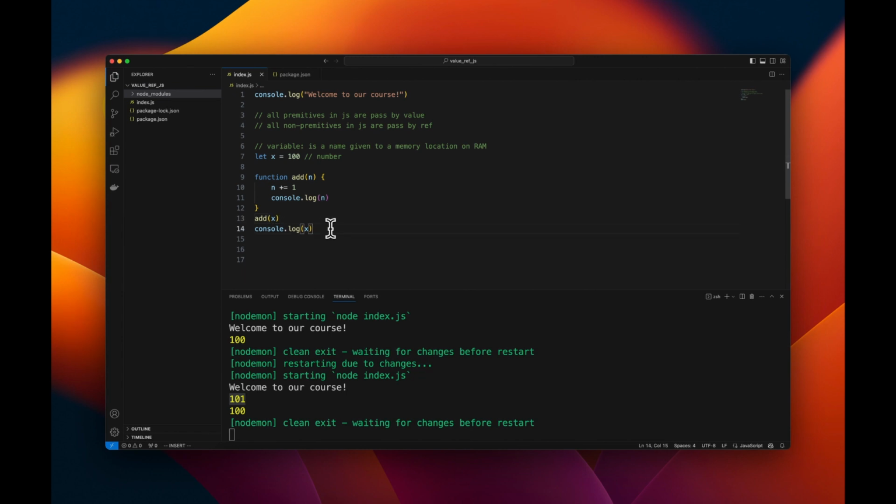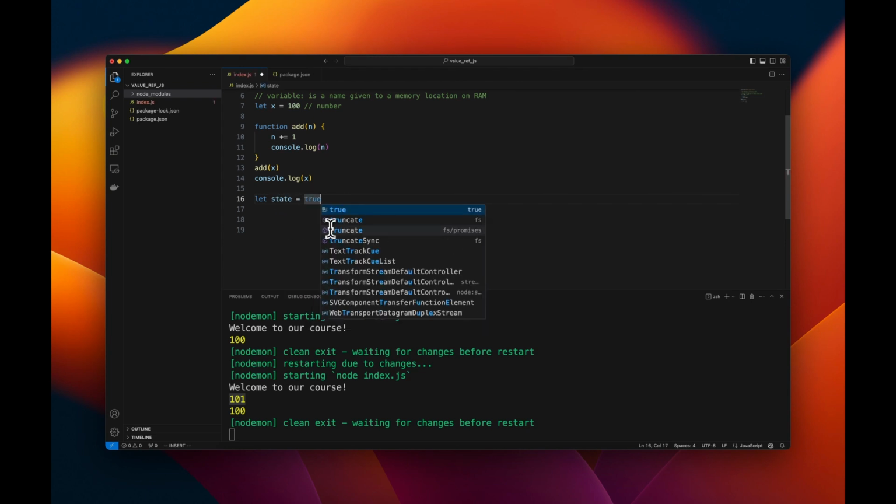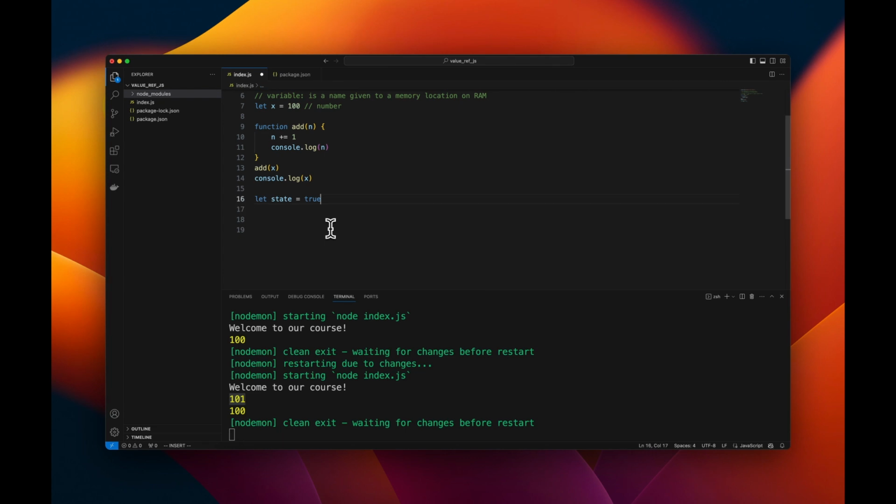So it is same for all primitives. Let's say here I have state equal to true. It's a boolean, right? Now if I had a function toggle state, I pass s, and now here I would say s equal to not s,